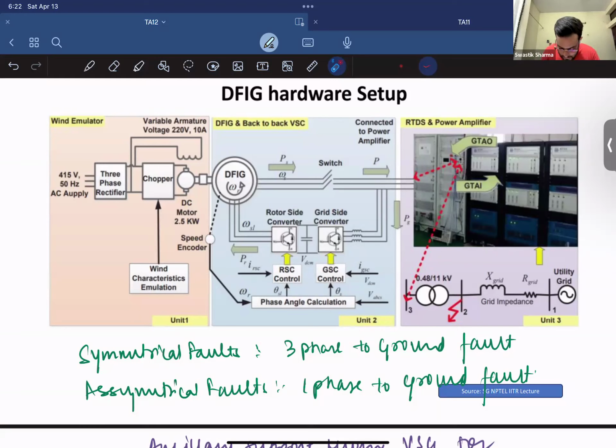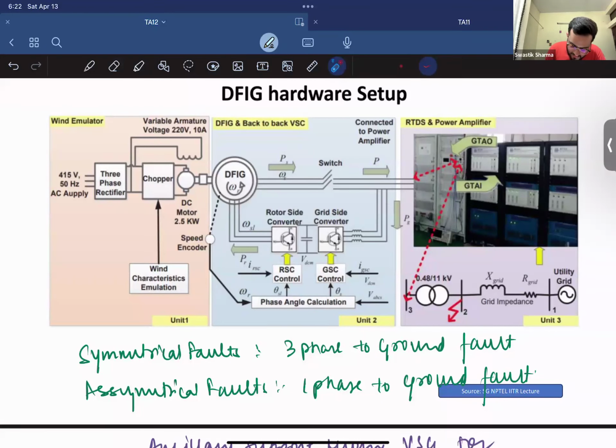So what exactly the instructor wants to talk about is that if a DFIG is connected to this third bus, how will it respond to these faults? So what they want to do is formulate a transient analysis of this DFIG. Now to simulate this, what they have done is,